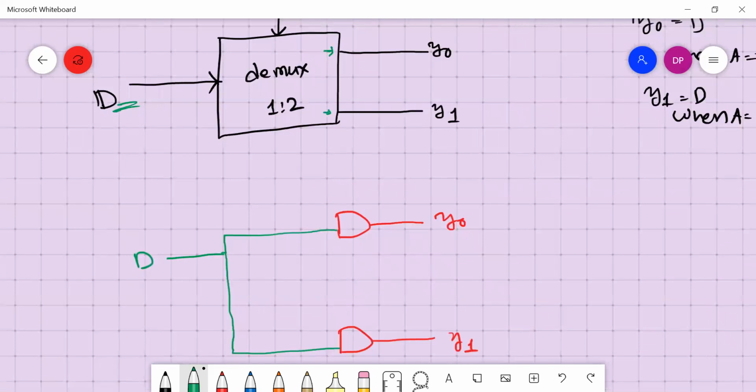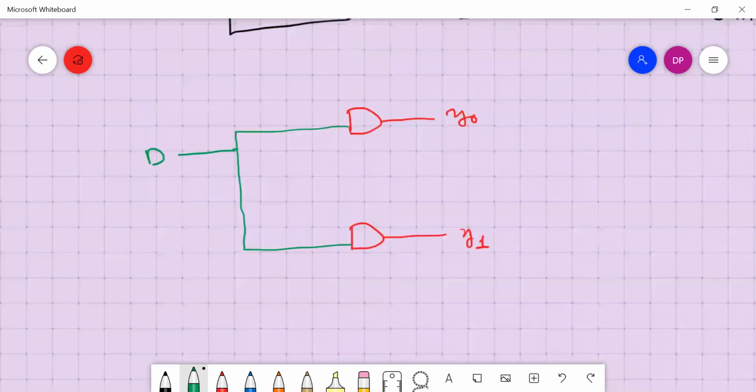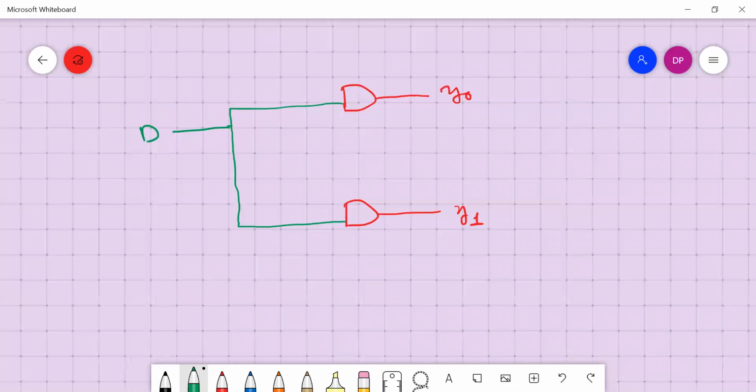When we transmit something from the device, it's available at all the inputs, right? Let's say your roll number is some X. Whenever I call X, it is audible to everyone, but it reaches the ear of that particular fellow, and he takes the instruction. Others neglect it. Similarly, D is reaching the input of this AND gate and the input of this AND gate also. Now, what will decide whether D should go to Y0 or Y1? The value of A will decide.